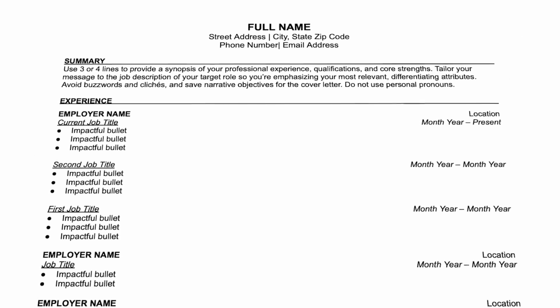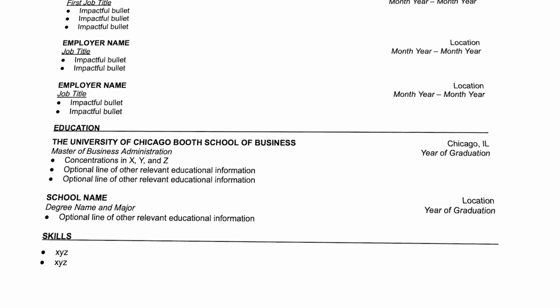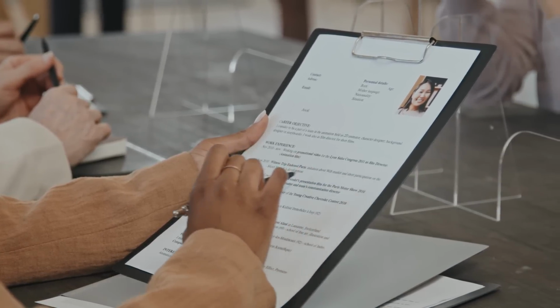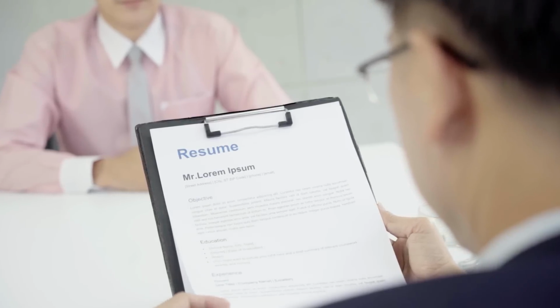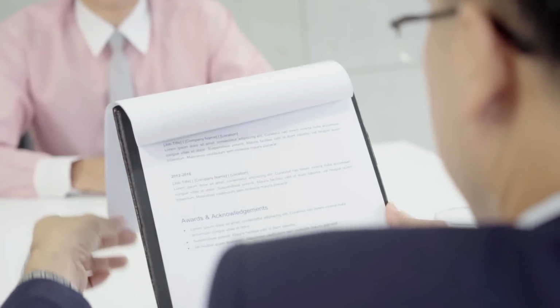So let's get started with the first one, which is your overall format. This is a format that I would highly recommend. A simple and boring format. And this is important because recruiters around the world are used to seeing this format. Recruiters typically look at your resume for 5 to 7 seconds. So if the format is something they are comfortable with, it makes their life easier and they can understand and grasp the most important points that you are trying to say in those 5 to 7 seconds.